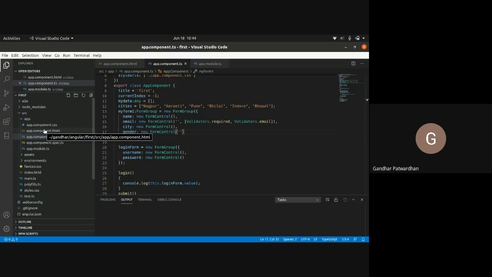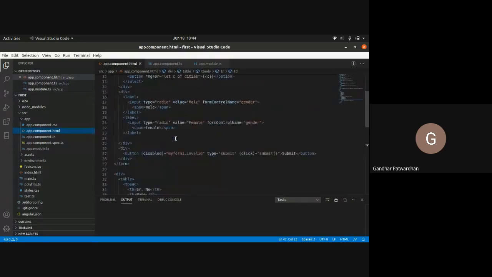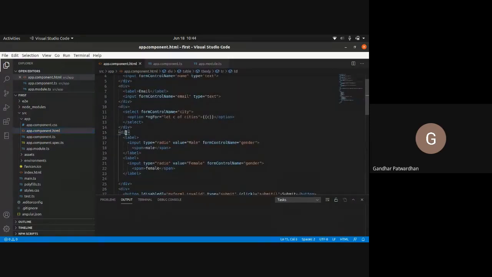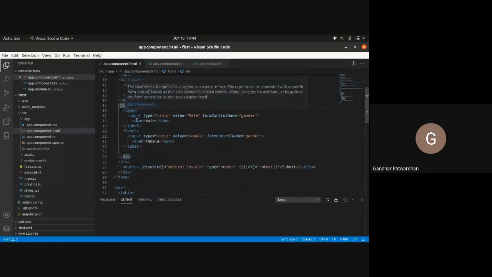Then in my HTML file, I added another div, and inside this I gave a label, and inside this I gave an input, and its type is radio, and its value is male. In the same way, another one whose value is female, and I gave it the form control name.